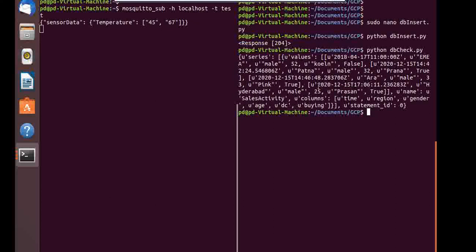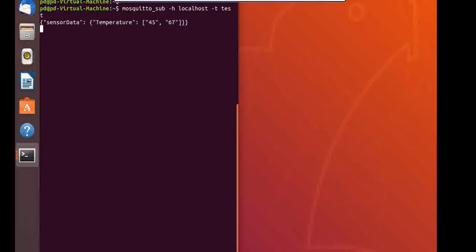One important thing about this database is that it is a time series database. So whenever I insert something, it will capture the current UTC time. The time series database is very helpful for doing calculations based on time, and things like that. These are the two pieces which I made for this demo. The end to end I was not able to do, but if it is needed I can definitely do it.